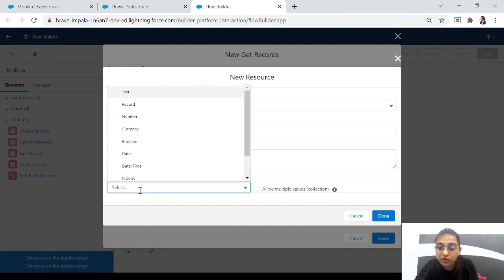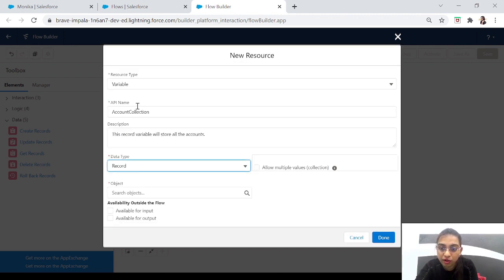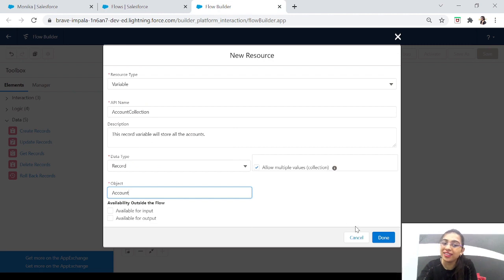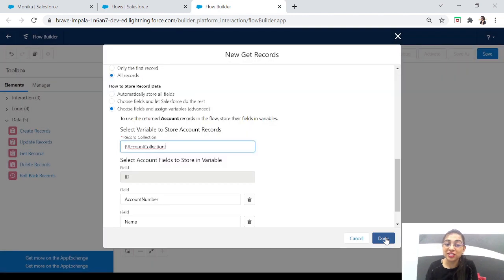Now you have to select the data type, which will be record. And for this variable to store multiple values, you have to check this checkbox. This says allow multiple values, which means collection. Okay, so we just need to check that, and we will add our object name, which is account. And that's it. Your record collection variable is done.